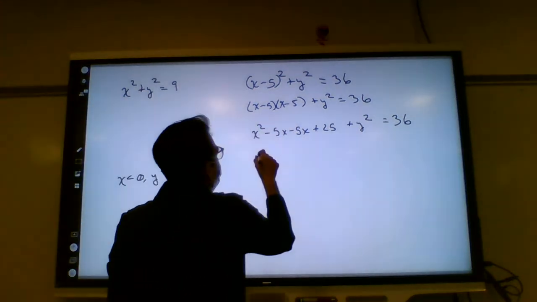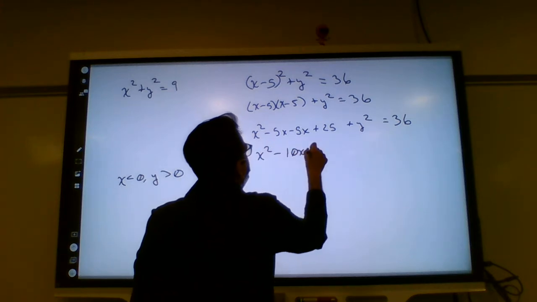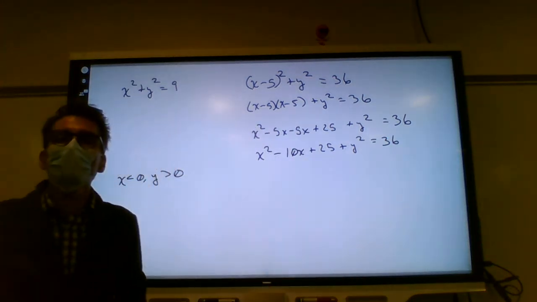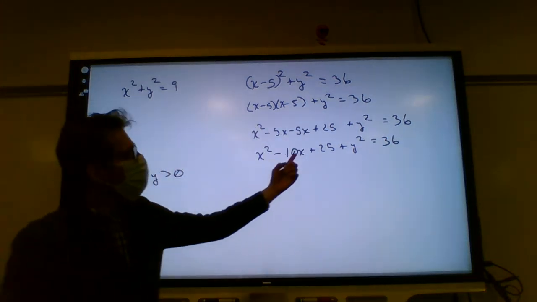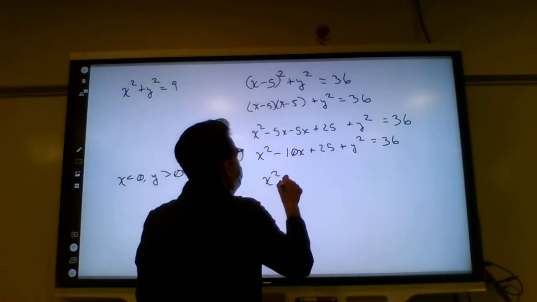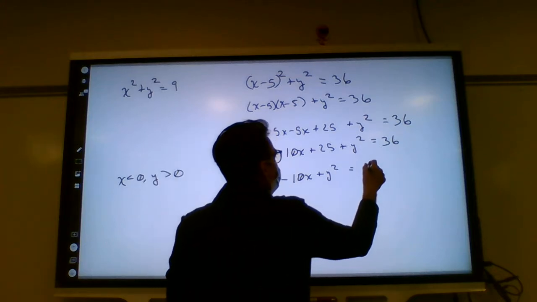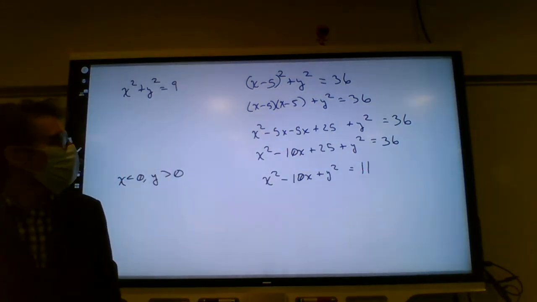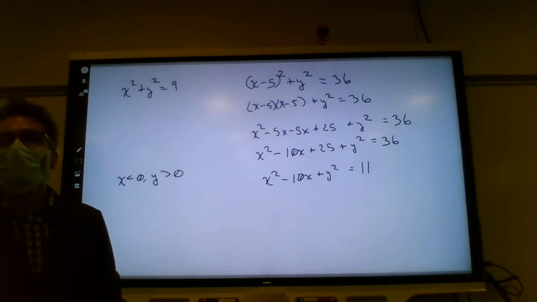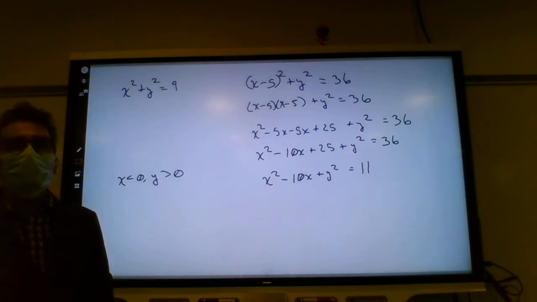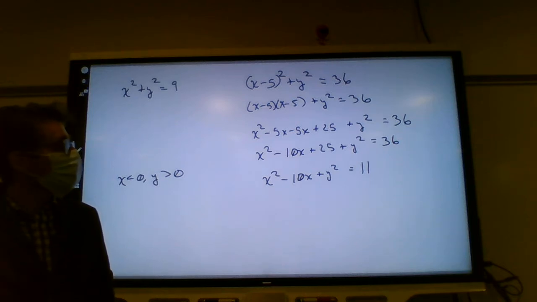All right, so that's x squared minus 10x plus 25 plus y squared equals 36. Then you move over the 25. Subtract 25 from both sides, and we have x squared minus 10x plus y squared equals 11. Then what? You get the y squared on the other side of the equation. You could substitute y squared